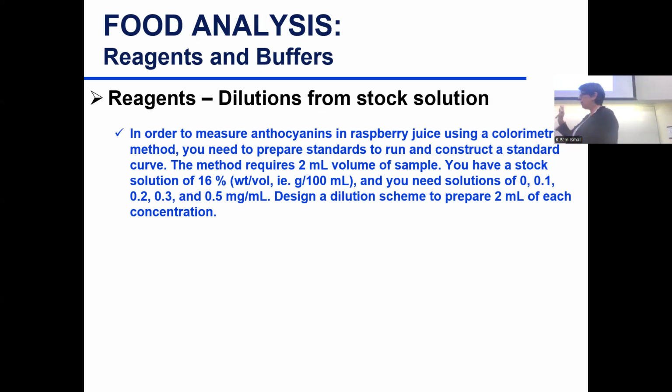All right, so let me walk you through from the beginning. It's a dilution problem. So we need to prepare standards at different concentrations. Let's work with the first standard, which is 0.1 milligram per ml. And my starting solution, stock solution, is 16%. And what we did last time is we converted that to the same units. So we said 16% is in grams per 100 milliliter. Then we turned it into